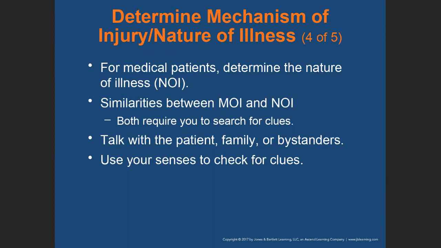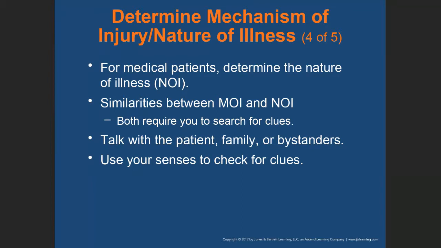Now, this information, you can get it directly from your patient. You can get the nature of illness from the patient. You can get this information from family members, and you can get this information from bystanders on the scene. If you're in a situation in which you cannot clearly find out what the issue is for the chief complaint,